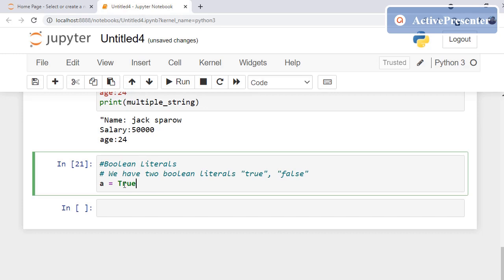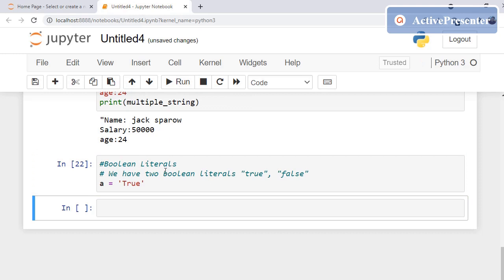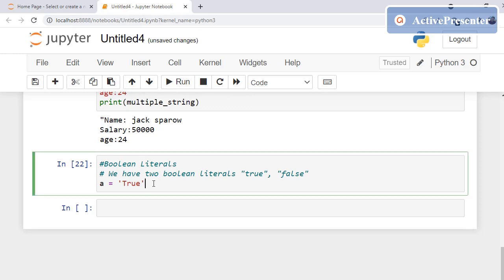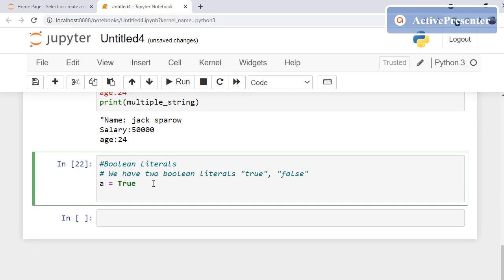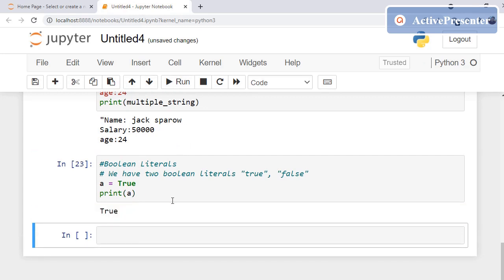Let us print what a is. It gives True. Here True is a literal, not a string or data.